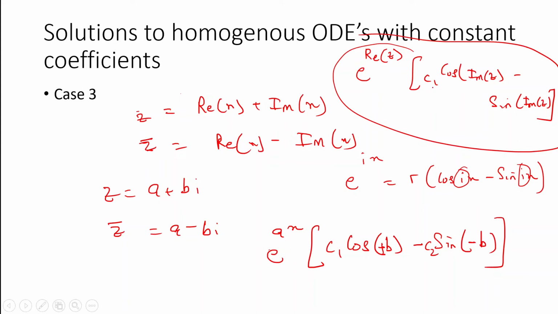This is for one conjugate pair. If there is another conjugate pair, then add it using superposition. Superposition means that independent solutions must always be just added up, as a linear combination. So the next solution is the same thing, the real part and imaginary part of the next conjugate pair, and so on, depending on how many conjugate pairs there are. So we isolate the conjugate pairs and write it in this form. So that was case 3 of homogeneous ODEs with constant coefficients, and what can be considered the most important case here.